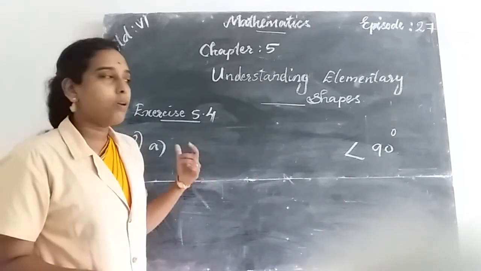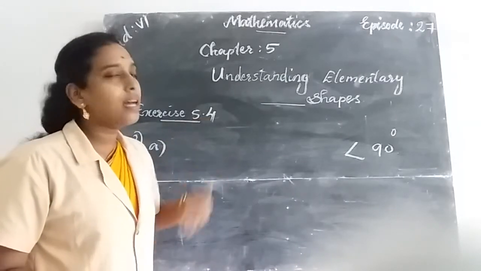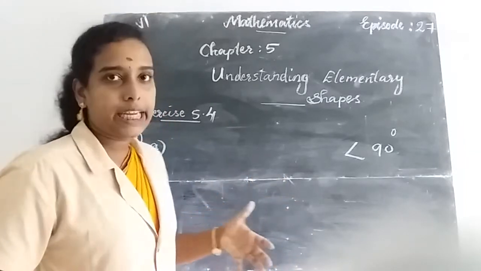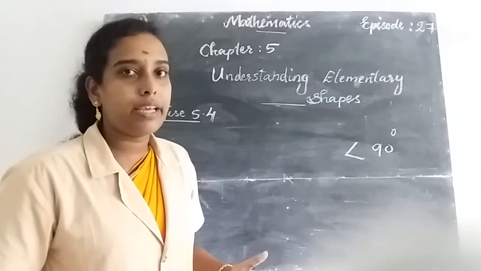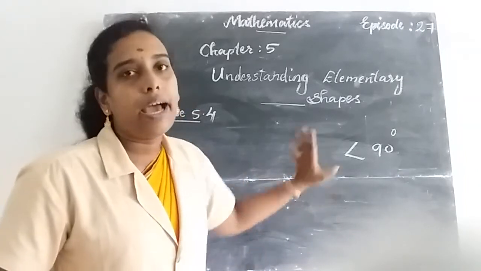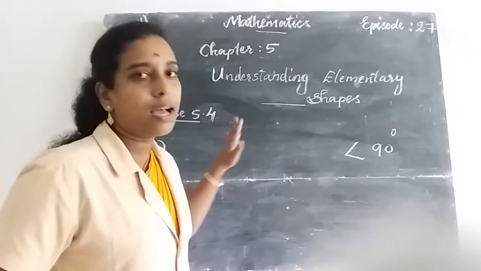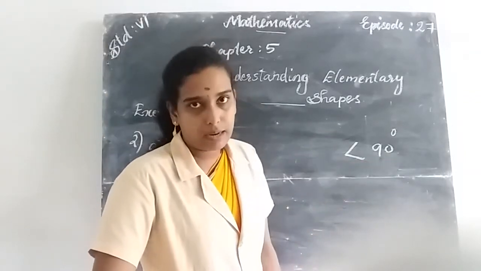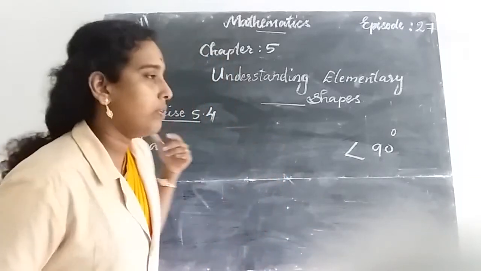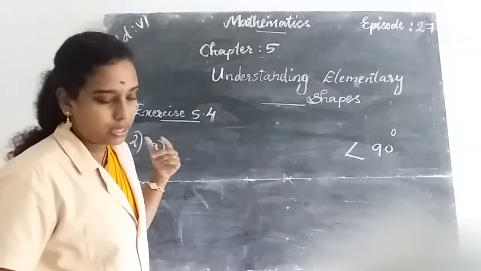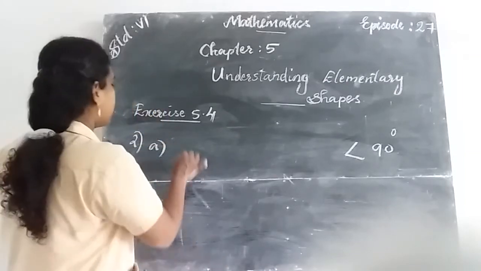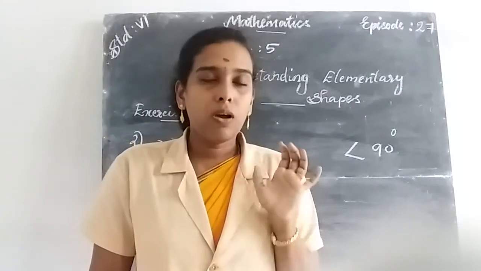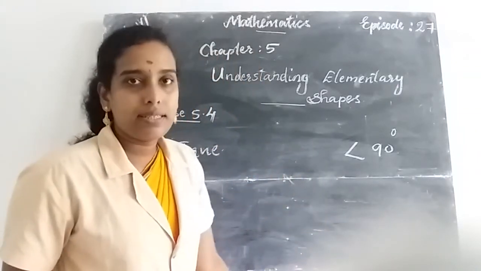Yes, it's true. Because if an angle measures less than 90 degrees, then it is said to be an acute angle. Like 45 degrees, 55 degrees, 65 degrees, they are all said to be acute angles because these angles are less than 90 degrees, or less than a right angle. And an angle equal to 90 degrees is termed a right angle. We also discussed that in our previous classes. Okay, then the answer is true because an acute angle measures less than 90 degrees.